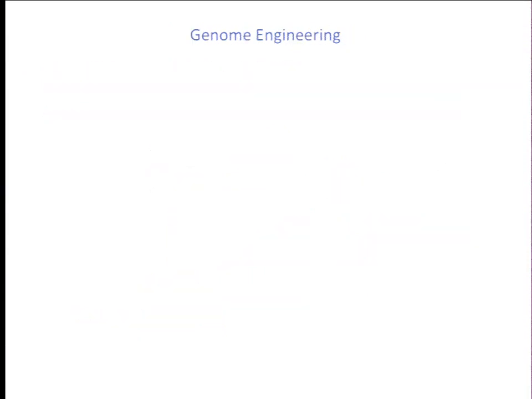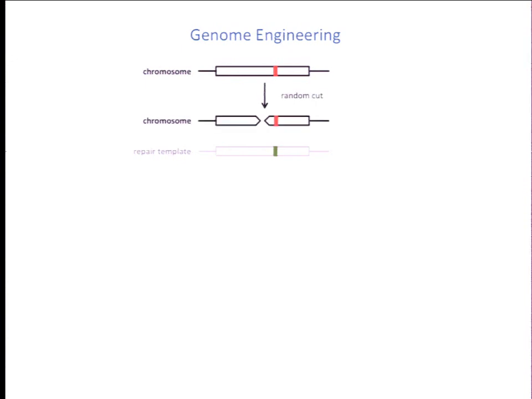So central to genome engineering is the process of homologous recombination, where if there's a certain region in the genome highlighted here in red, which we wish to modify, then the way we go about doing it is we provide a repair template that is homologous to your target region of interest, but has a corresponding change at the location that you wish to make the change. And if by random chance there happens to be a random cut in the cell in and around the region that you wish to make a change, then the cell can end up reading from this repair template because it is provided in a huge molar excess compared to the sister chromatid. And by the process of homologous recombination, you can make a corresponding change at your target region of interest.